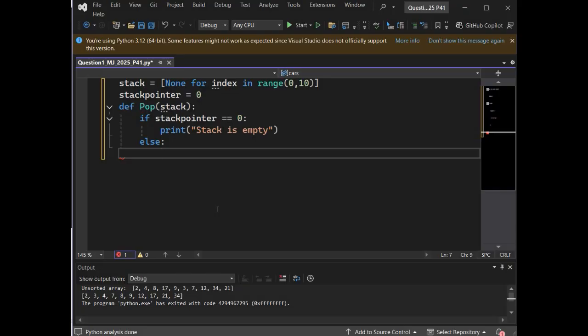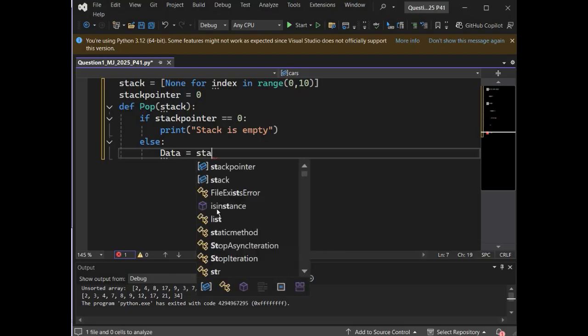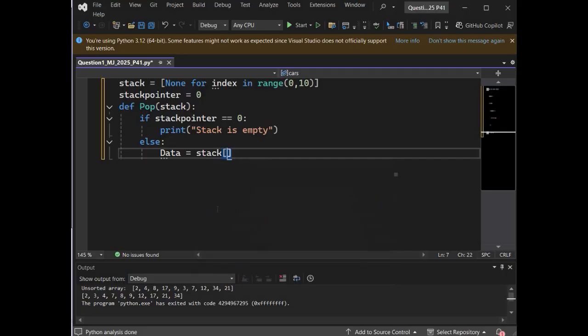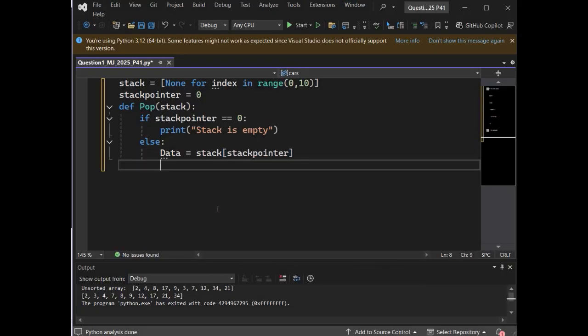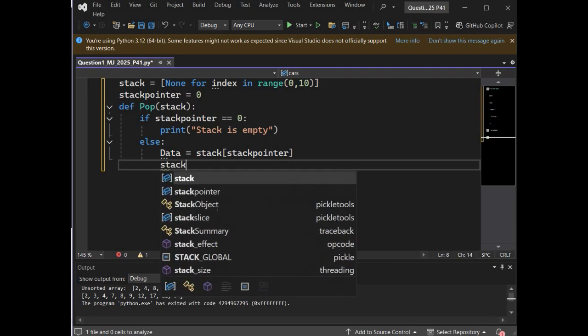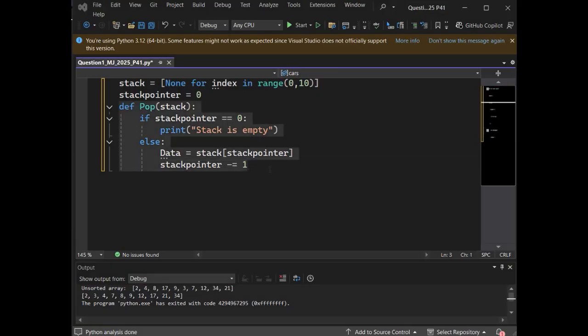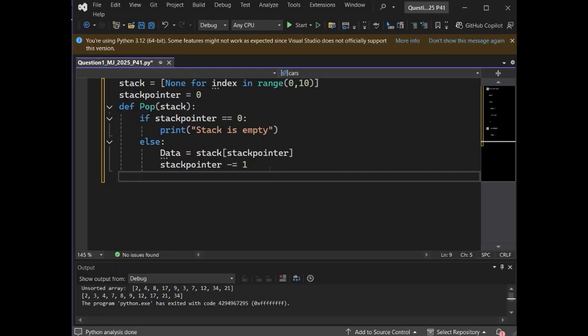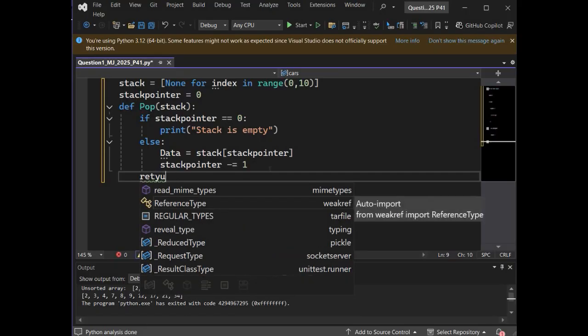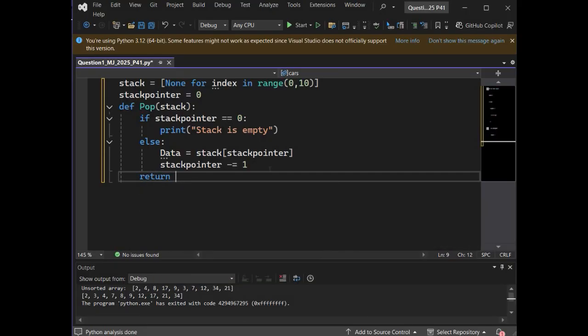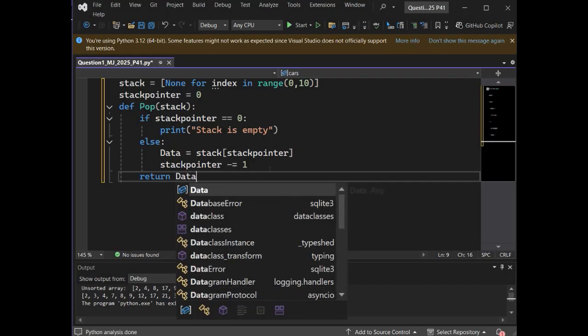So for example, data equals stack stack pointer, and once you pop out an element, stack pointer will become minus equal to 1. And now we are just going to return data.